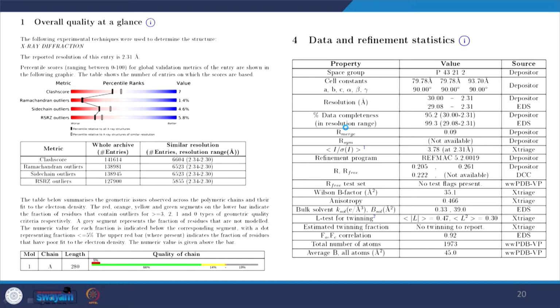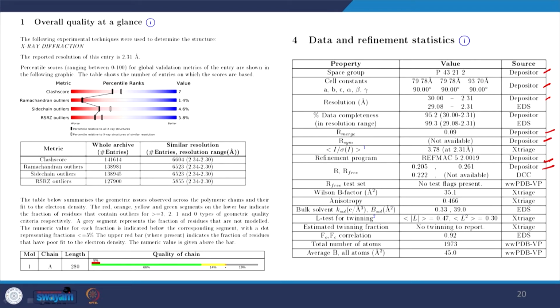Coming to data and refinement statistics, here space group, cell constants, resolution, percentage data completeness, R merge, R sym, signal to noise, I by sigma I, refinement program, R free of the test set, Wilson B factor, anisotropy, bulk solvent, L test for twinning, estimated twinning fraction, F0 Fc correlation, total number of atoms, and average B factor is given. Some of them are coming from the depositor. So, I was the depositor of the structure. So, these are informations coming from me,